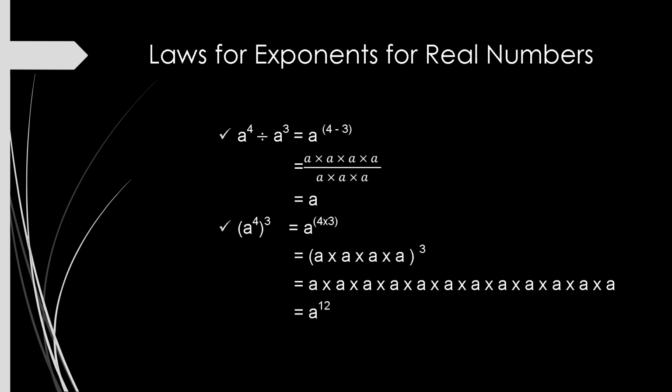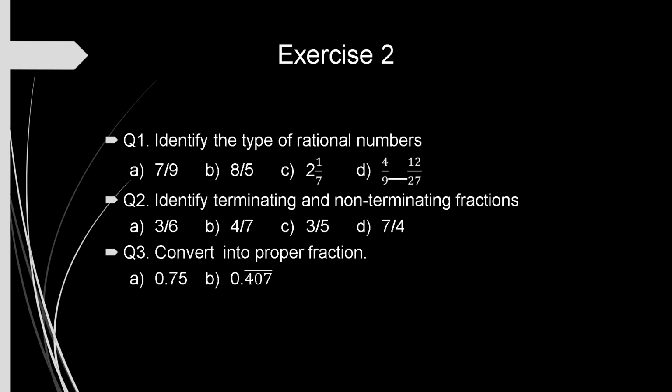And then next is (a raised to power 4) raised to power 3. In this, again, a raised to power 4 is written 3 times, so this is 4 into 3, which becomes equal to 12, as it is shown. Now we come to the end of this chapter,